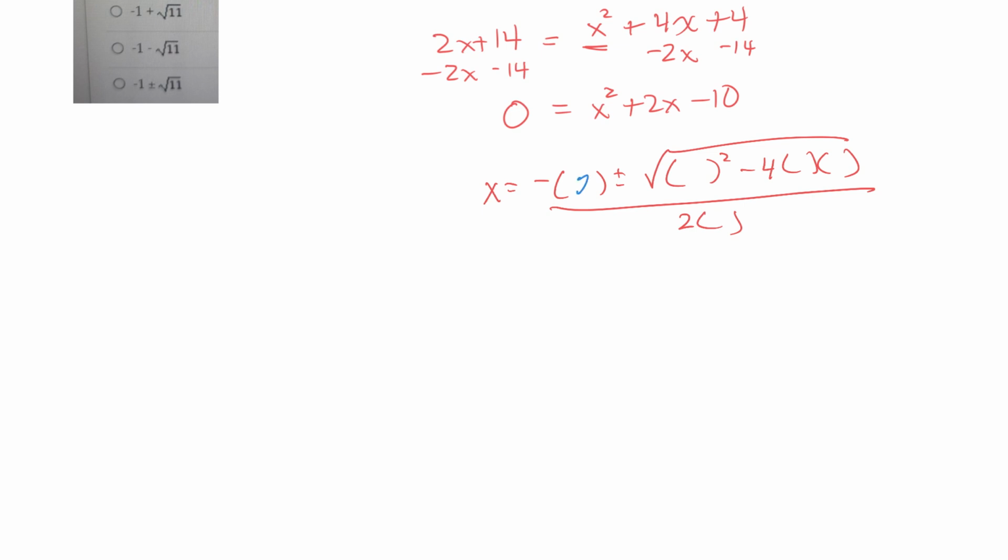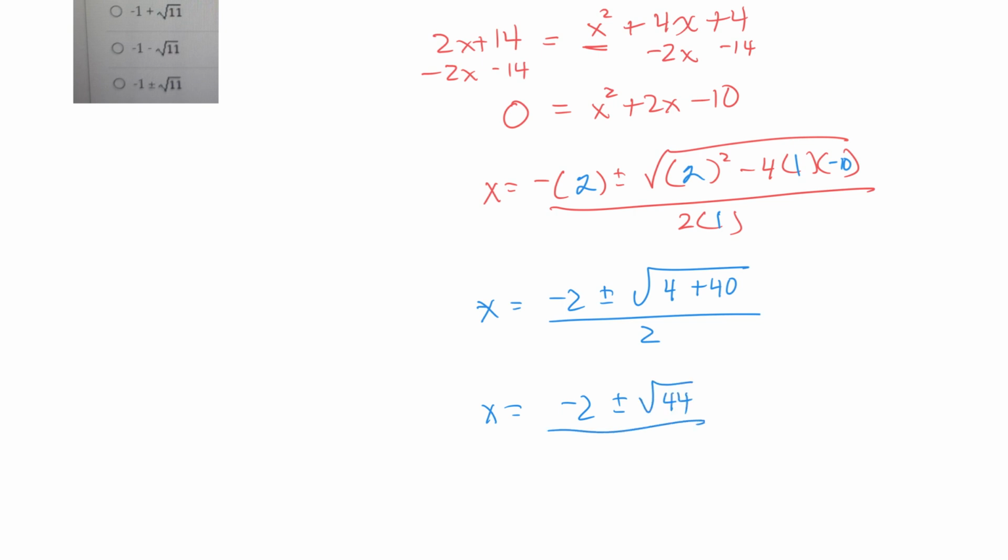So b is a 2, a is a 1, and c is a minus 10. So x is equal to minus 2 plus or minus the square root of, this would be 4 plus 40, all over 2. Or minus 2 plus or minus the square root of 44 over 2,